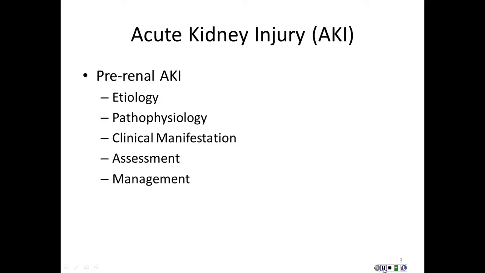Now, your book says this, so just so you know it: nurses have an essential role in the prevention of acute kidney injury in hospitalized patients. Always be on the lookout for signs of reduced kidney function through careful physical assessment, especially of urine output and weight. Closely monitor laboratory values and the evaluation of fluid status. Early recognition and correction of problems causing reduced kidney blood flow usually restores function before tissue damage can occur. Evaluate the patient's fluid status, accurately measure intake and output, and check body weight to identify changes in fluid balance. So it's important that we are constantly assessing our patients.